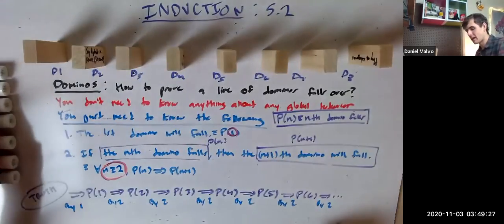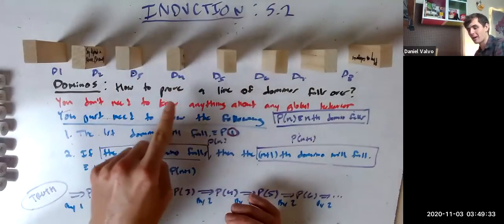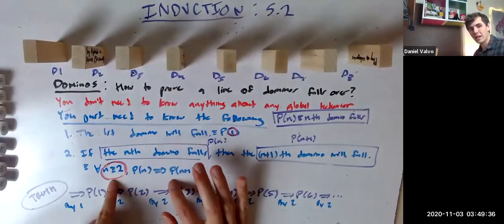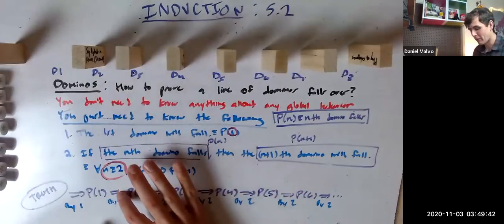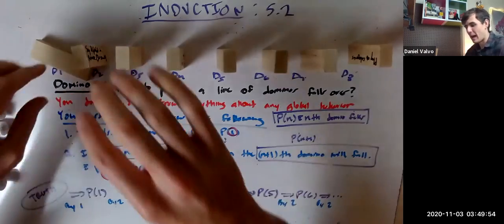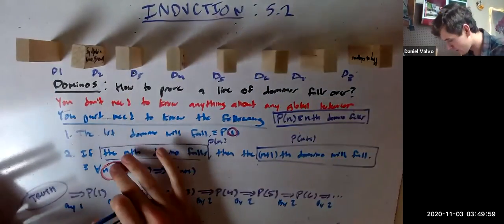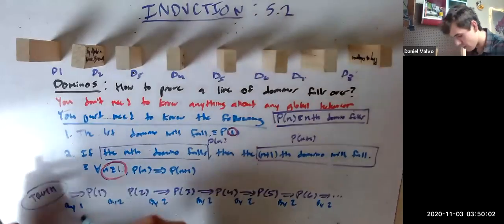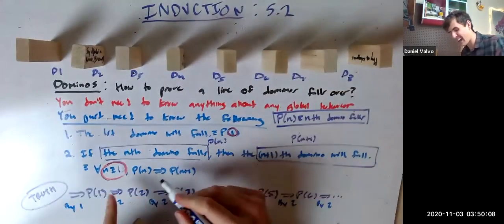right? That would be saying that if the second domino falls, then the third will fall, and the fourth, fifth, sixth, and so on. But it doesn't say that if the first domino falls, the second will fall. So there could be this gap here, right? And that would get rid of this connection right here. Without that connection, you can't connect the rest of this chain to the truth. Nothing happens. So the point is, you need to make sure that this chain really is all connected and that the base case, this guy, connects to the chain reaction and